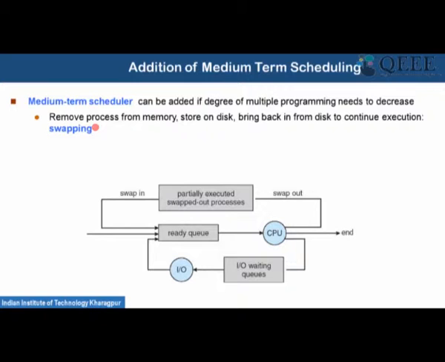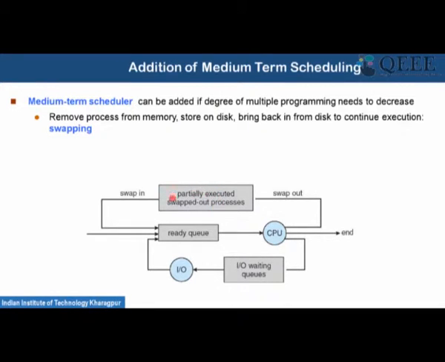If it finds that a process taken to the main memory is using lots of resources and affecting the execution of other processes, during that time the medium term scheduler can take a partially executed process, which we call swap out, and put that process in the disk. Now once a partially executed process is in the disk or in the secondary storage, the medium term scheduler can find out that the resource availability in my system is now more, that means the CPUs are remaining idle.